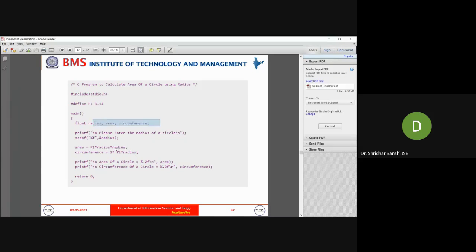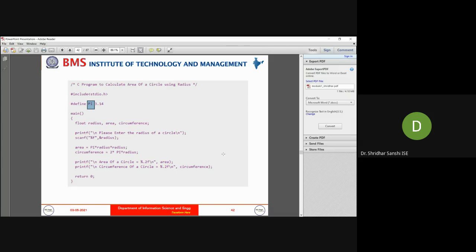These are all variables of type float. The value of these variables will change during the execution of the program, right? That's why we call them variables. Whereas constants' values will not be changed. If you try to change them during execution, we will get an error.